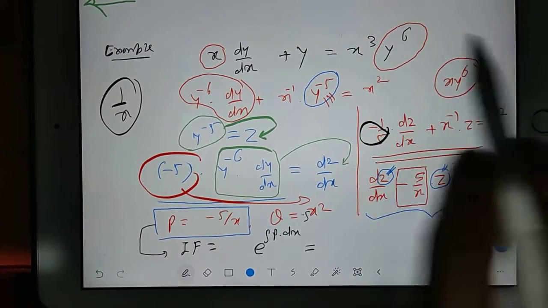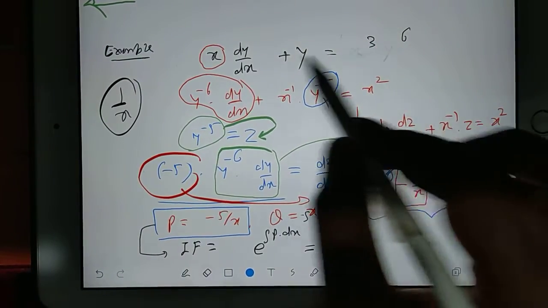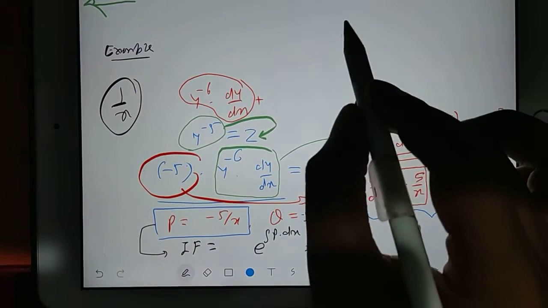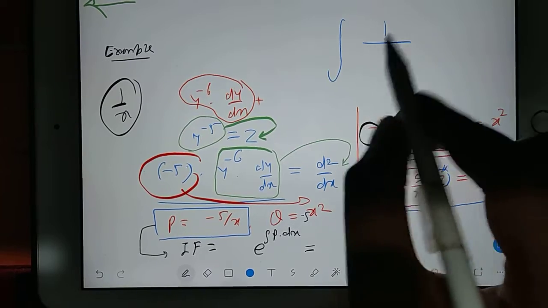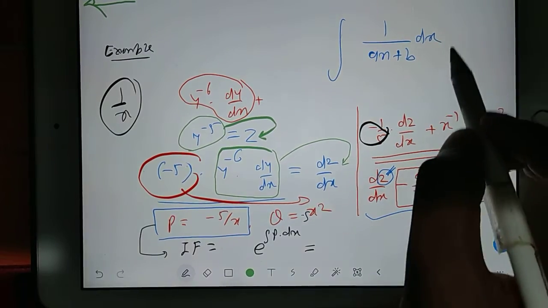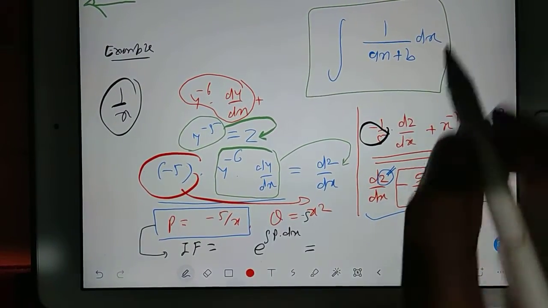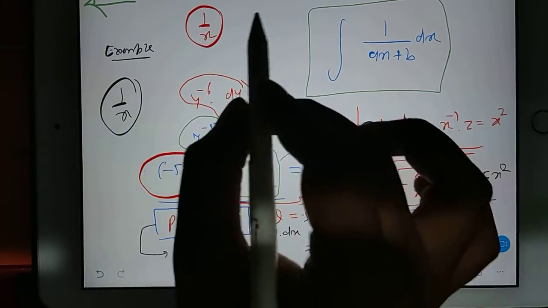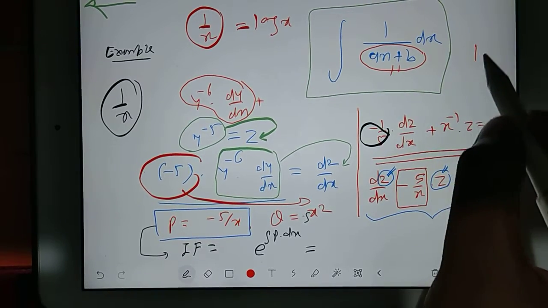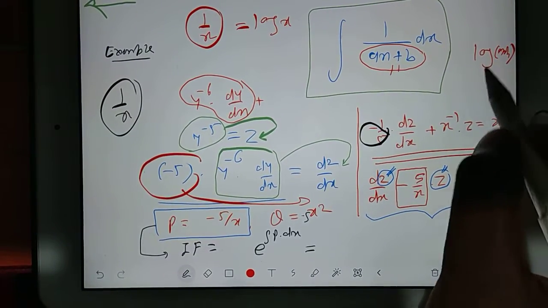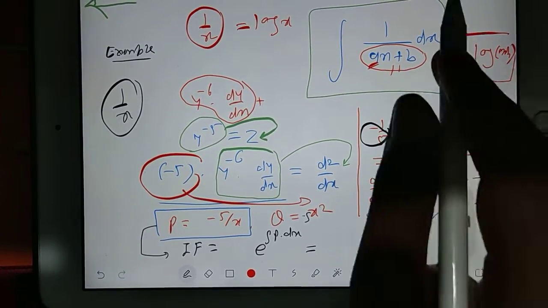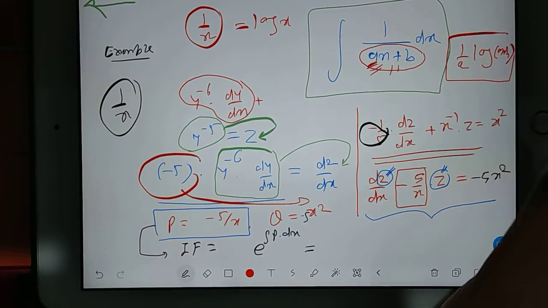Okay, so I'm saying that you should recall your integration part. How do we do integration? Integration of 1 by ax plus b dx. Now in this integration, if sometimes we have only pure 1 by x, we write log x. But when you have this kind of format, then also the same thing will come, log of ax plus b will be your answer, but that answer you divide by the coefficient of x, that is a. This kind of procedure we have to keep doing throughout integration. Whenever a coefficient of x is coming, you divide with that.